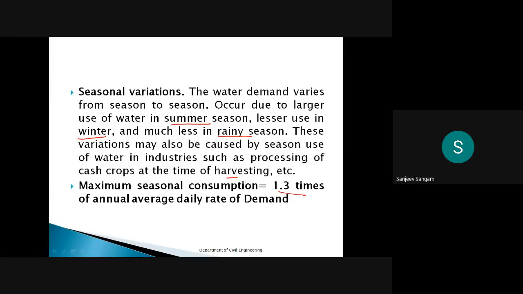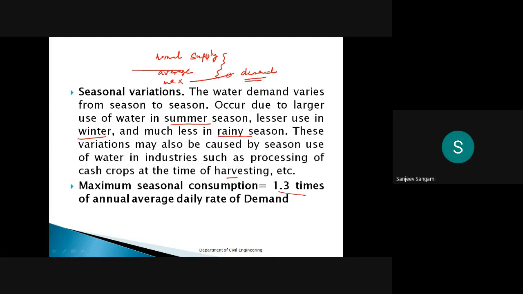See why they make it 1.3. In the next slides you will also get many types of maximum calculations. You have three types: one is the normal supply, then average, then maximum. Normally we will go ahead with the maximum demand only.